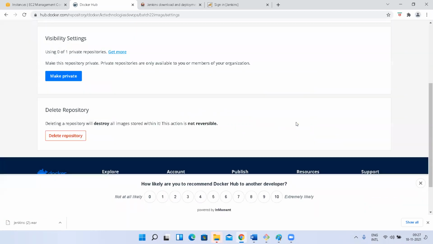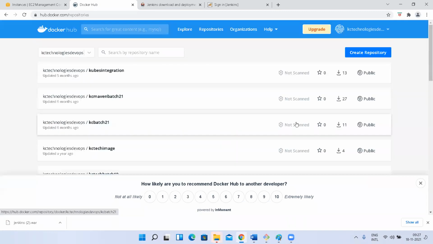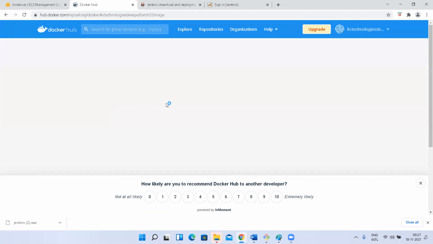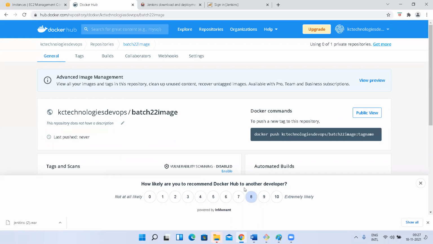Now, for example, I'll create the same repository once again, batch 22. Okay, so now I created a repository.